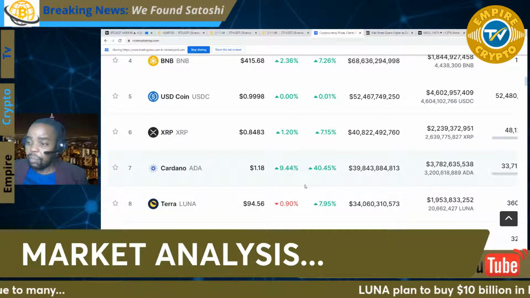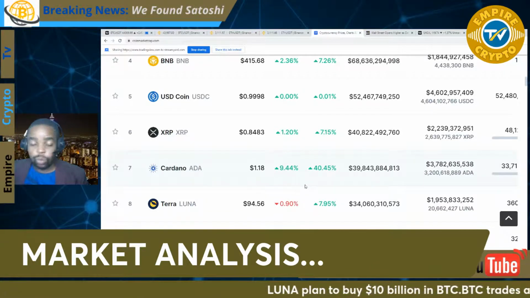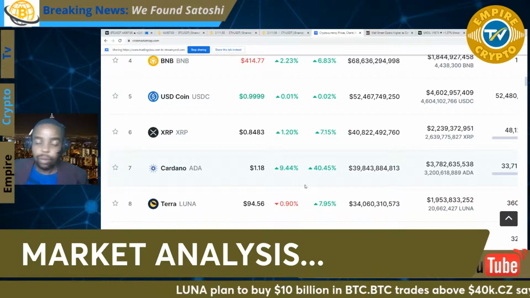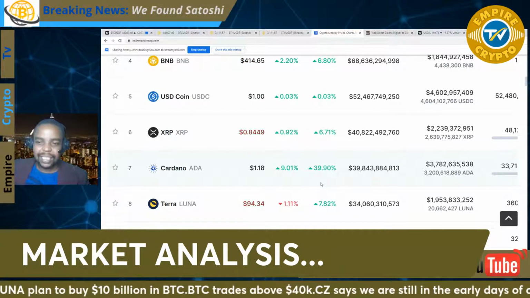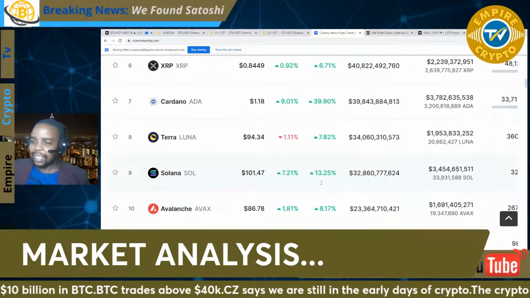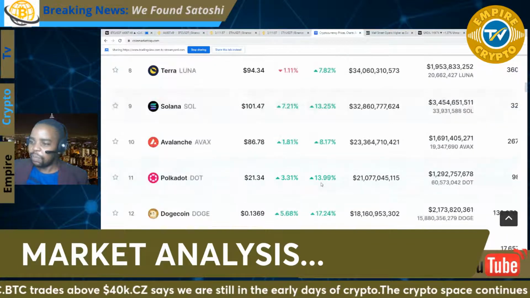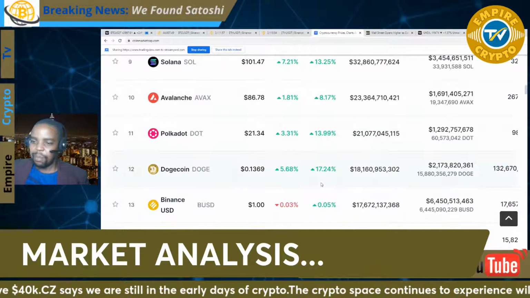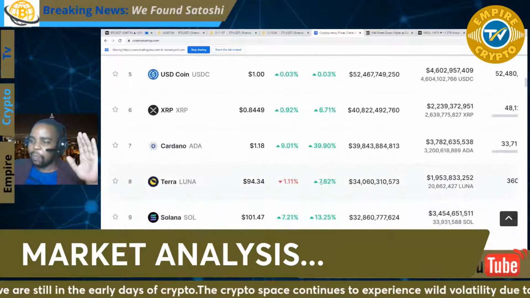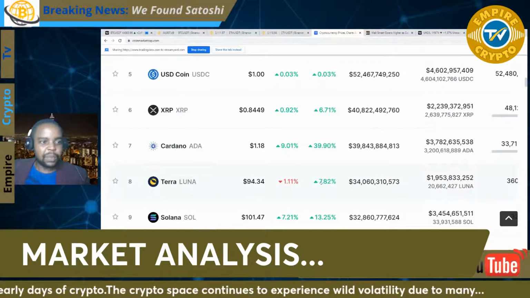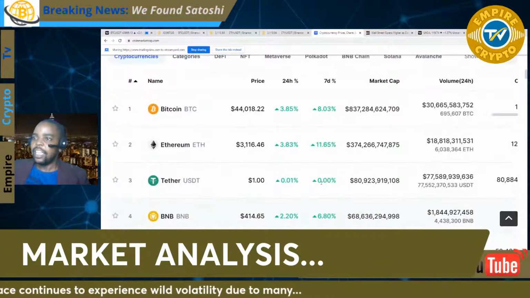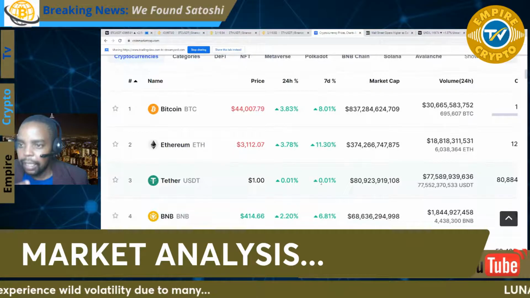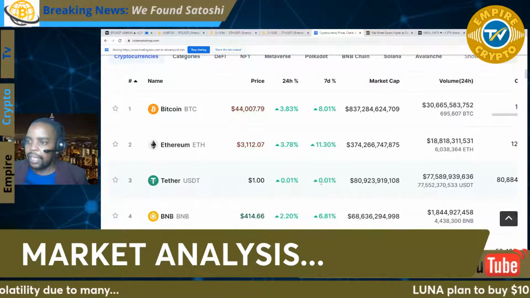I think I should put up a chart. I need to do some analysis on Cardano. Cardano has been hot, 40.45% in gains. I think it's the biggest gainer in the top 10, maybe in the top 20, maybe there are other charts that are open, but most of the time I devise the top 10 of the cryptocurrency space. But oh well, that is the Bitcoin and Ethereum difference right there.